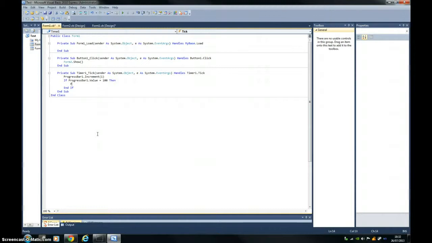Then we have the same bit of code, form2.show. But in order to make the timer work, when form1 loads, you